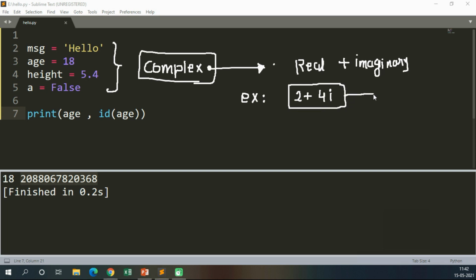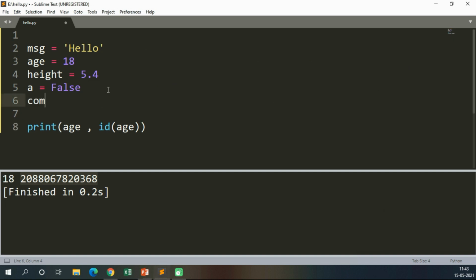Now if we want to store this complex number in a Python program and print it, there is a type called complex. Just create a variable com and give the value. In common notation we write 2 plus 4i, but in Python this i is not used to denote iota.